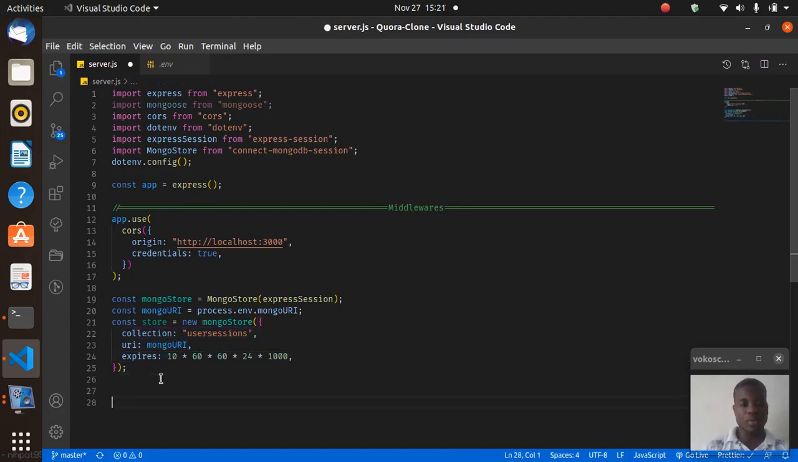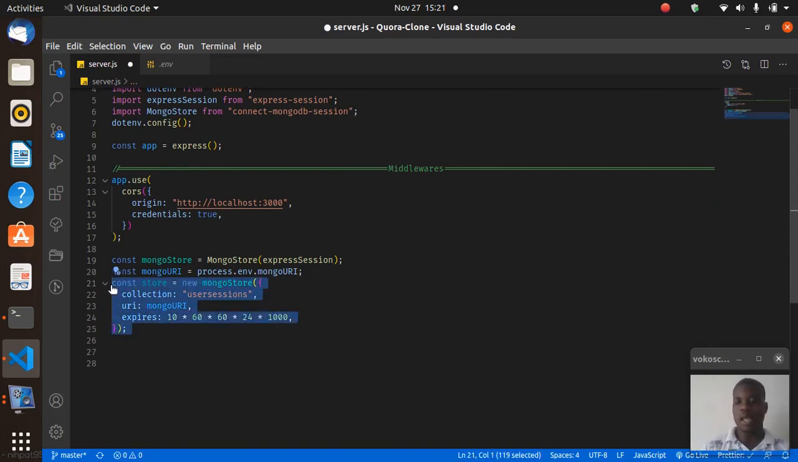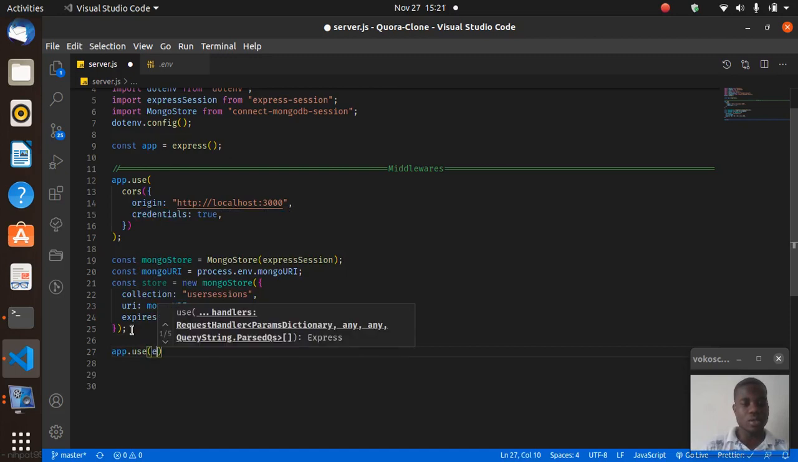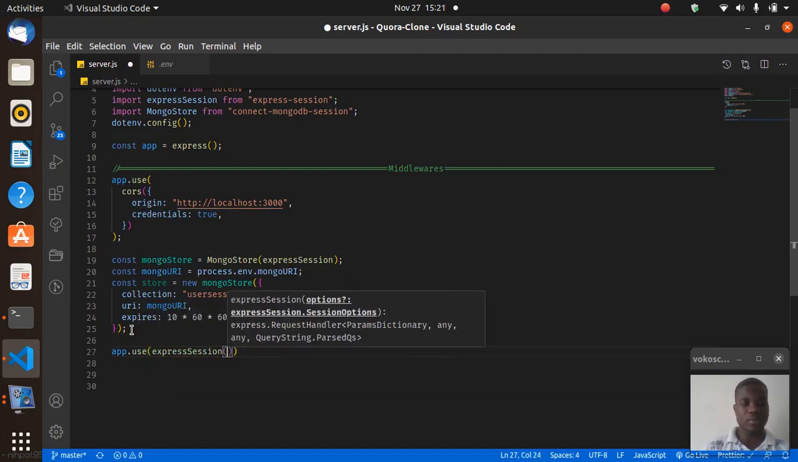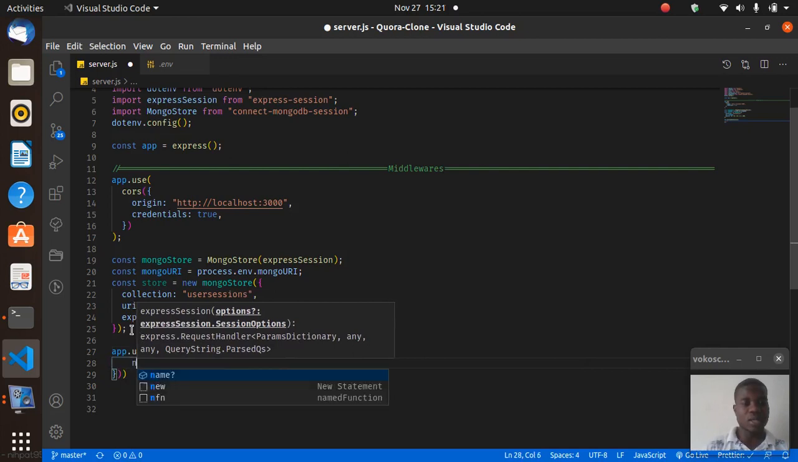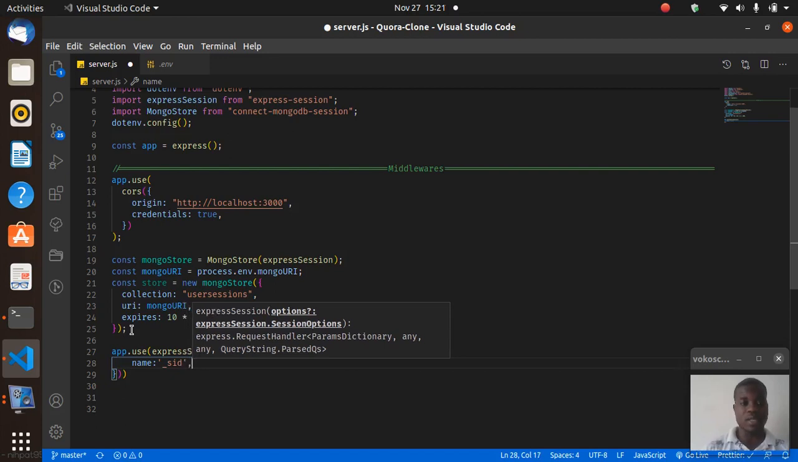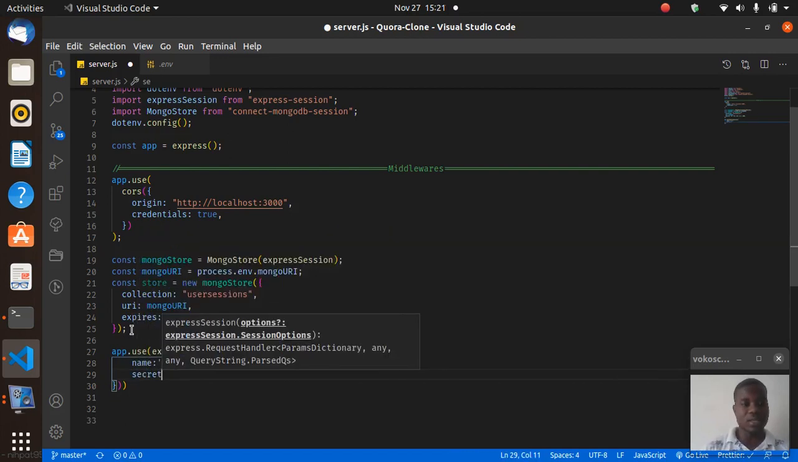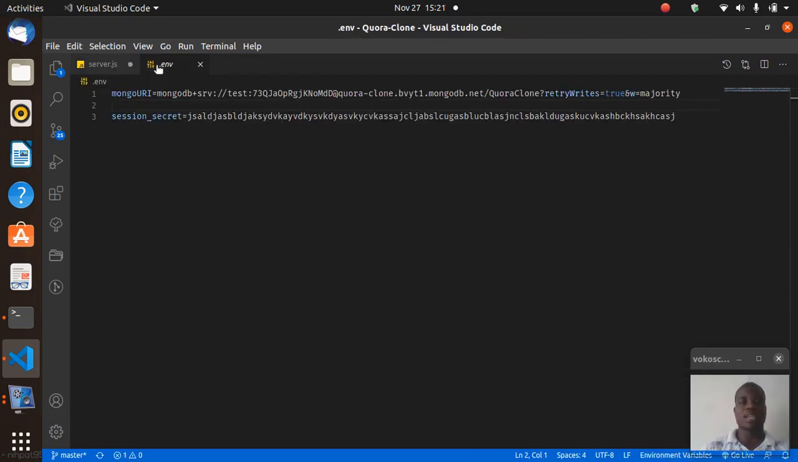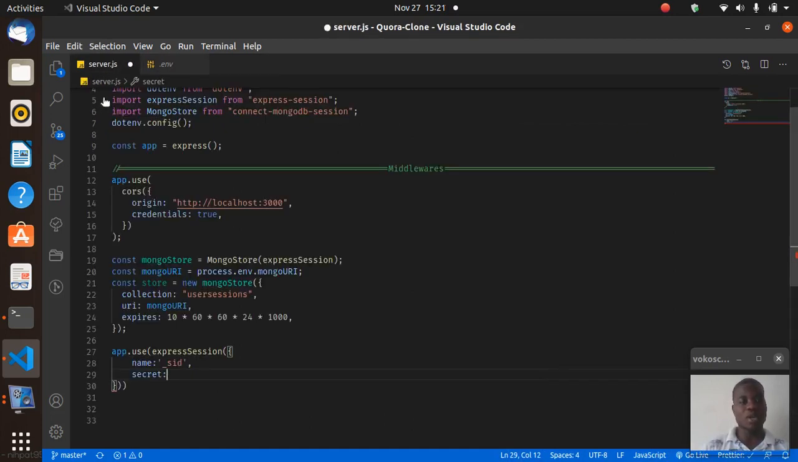So now we need to hook this store up with express session, so that whenever a session is made, express session will automatically store that session to Mongo store. I hope that makes sense. Now we say app.use express session, and in express session we need the name of the cookie that we'll be sending. I like to call it sid myself, and then we need the secret, which only you and your server will know, so this is the one you want to copy exactly, and then you say